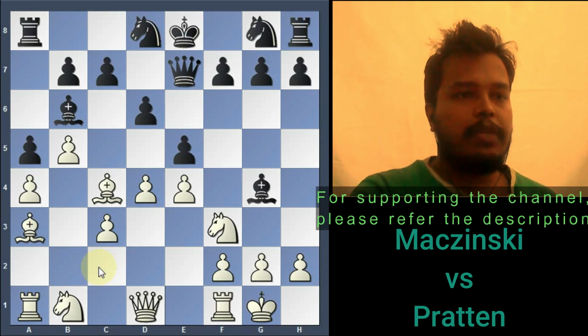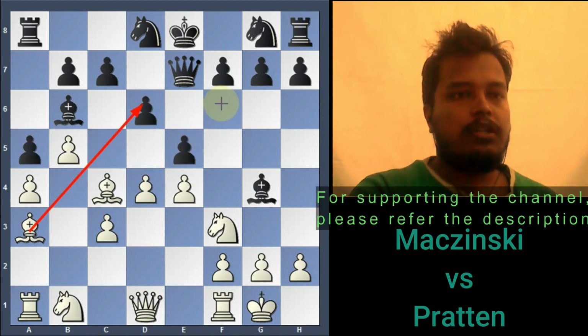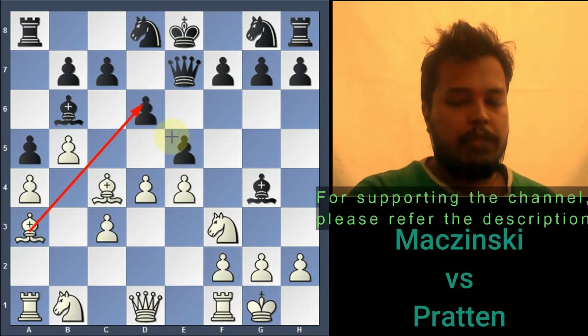So knight d8, bishop a3. Now White's idea is to bring his queen to d3, and here the bishop is pinning this pawn. So now if queen d3 comes, then knight takes e5, it will be a threat for Black. So he has to move away from the pin, or either take the knight or move away from the pin. So White plays bishop a3, and